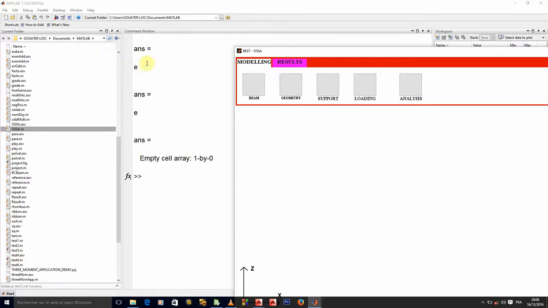The event.character is E. I've pressed on E, and the event.key is E, but there is no modifier. It means I've not pressed anything like Control E. So if I press Control E, for example, look at what happens. The character now is nothing. The key is E, and the modifier is Control.